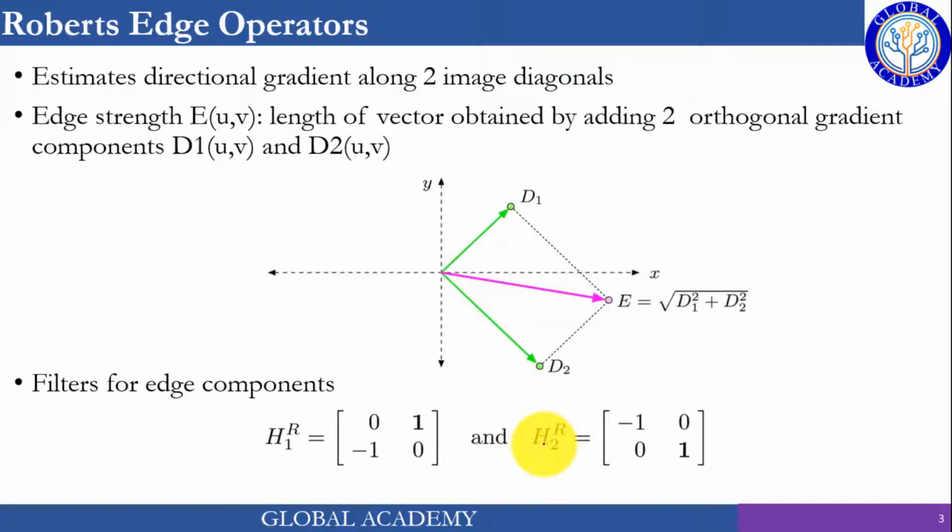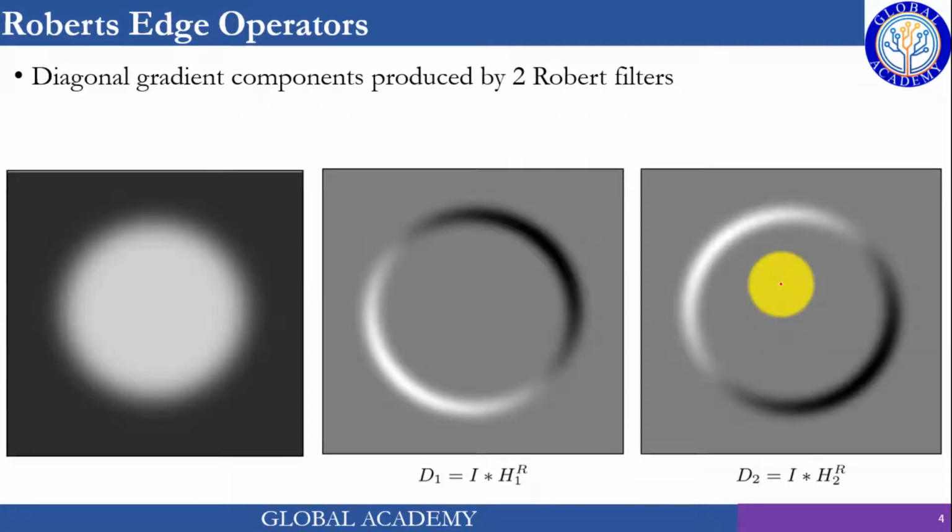So the concept of gradient is to calculate the horizontal component and the vertical component. Say this is the horizontal component and the vertical component, then compute the magnitude using the standard formula. And the Roberts operator produces the image as expected. I mean the operator with 1 minus 1 along the diagonal has enhanced the diagonal edges.